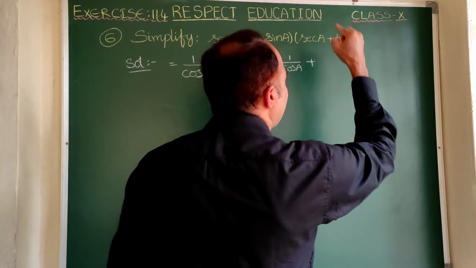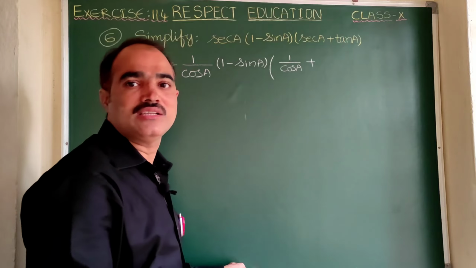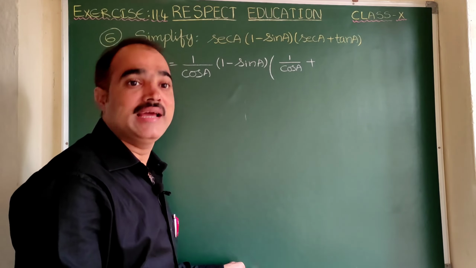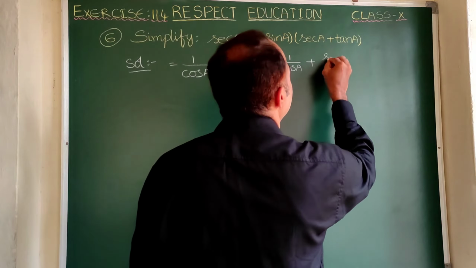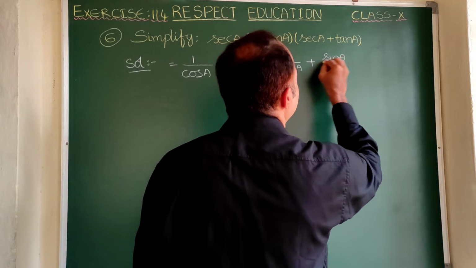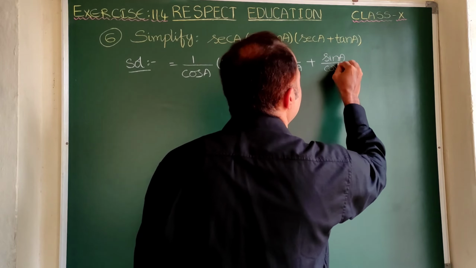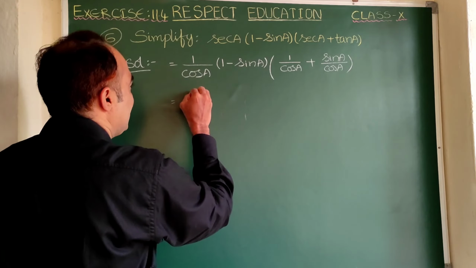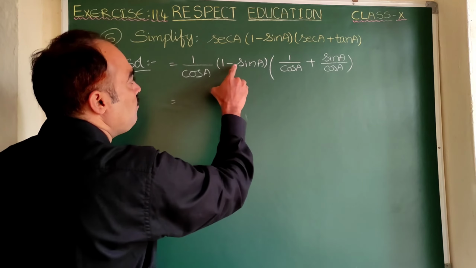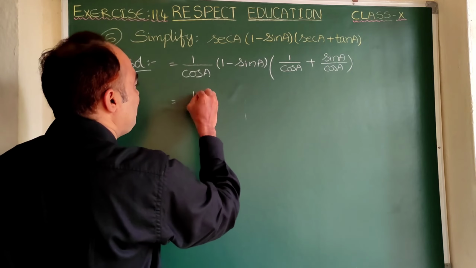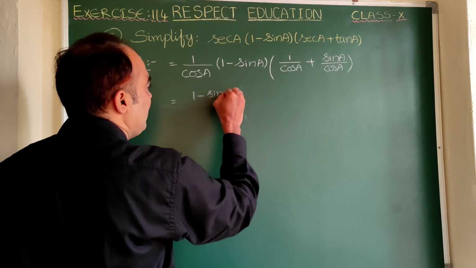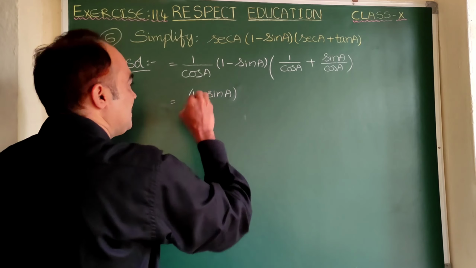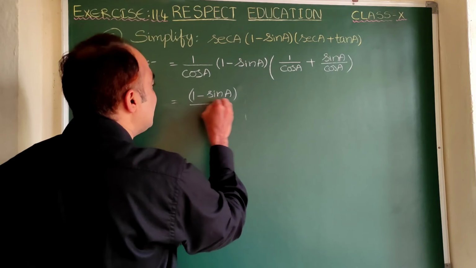And what is tan A in terms of sin A and cos A? Sin A by cos A. Tan A can be written as sin A by cos A. Clear? Now let us write 1 by cos A as it is, or 1 into 1 minus sin A, 1 minus sin A will come. Let us write 1 into 1 minus sin A as 1 minus sin A by cos A